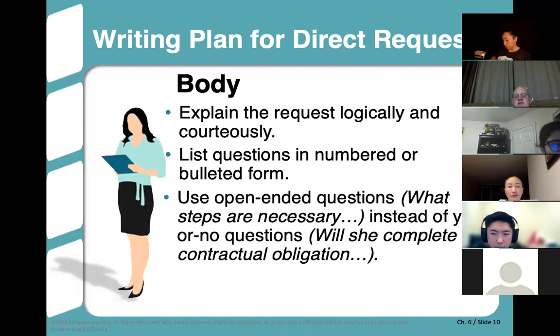A great way to get as much information as you can from the person that you're communicating with is to ask a series of open-ended questions. The difference now, and there's kind of 2 general types of questions. One is open-ended and one is closed-ended. A closed-ended question can be answered with a yes/no response. But that doesn't really give you all the information that you could have received if you'd written it in an open-ended way.